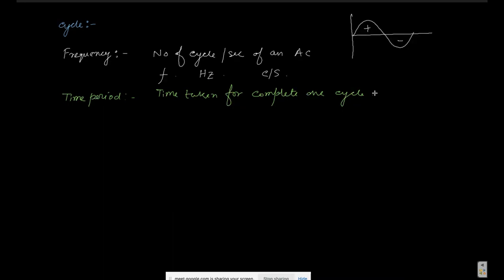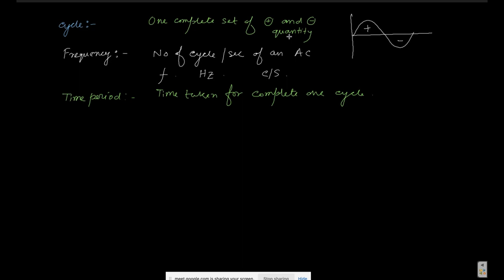In DC, can you say any term like cycle? No, you cannot, because a cycle is one complete set of positive and negative quantity. So as you saw earlier, there is no provision for the negative half in a direct DC component, so that's why the cycle is not associated with the DC direct component.